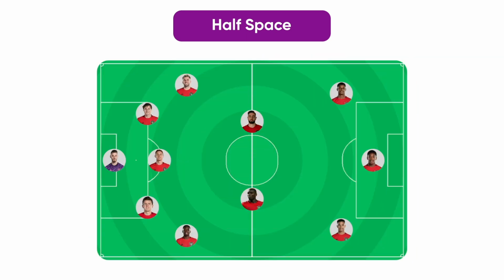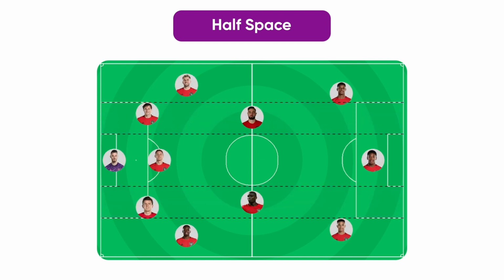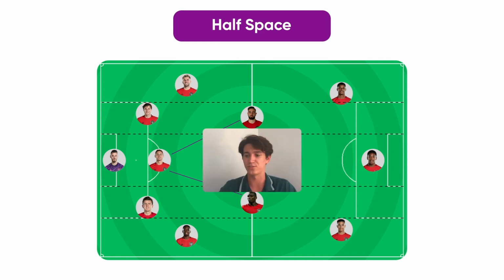So Nemanja Matic would be in the perfect position to create these diagonal passes into the half space. Now the half space is that pocket of space just inside of the outside channel, but not in the center of the pitch, and that is a very dangerous area for a lot of teams. If they go unmarked in the half space, what can happen is Bruno Fernandes can take the ball and either the left back or the left center back, or maybe a potential midfielder has to come in and close him down, but by then he already has the time and space and he's figured out the angles in order to create a very game-changing pass.